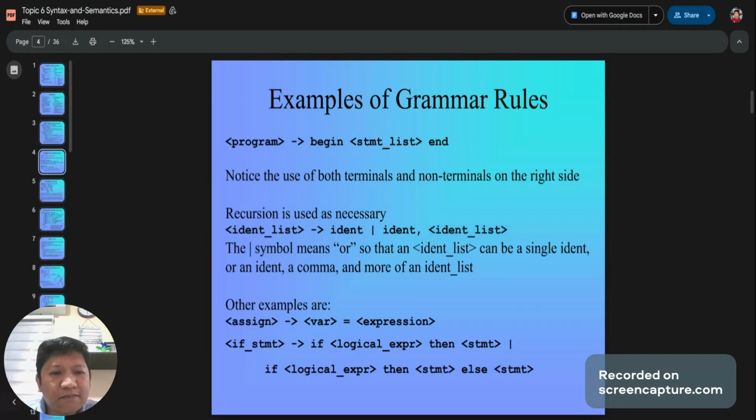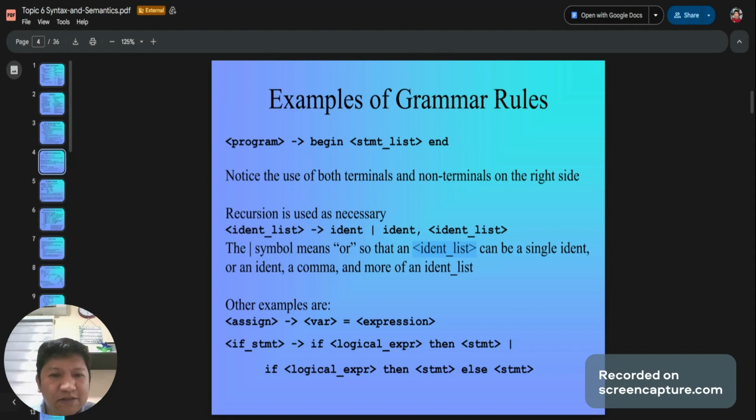The bar symbol means or, so the ident list can be a single ident or an ident, a comma, and more of the ident list. It's calling itself, so there's an instance similar to that.